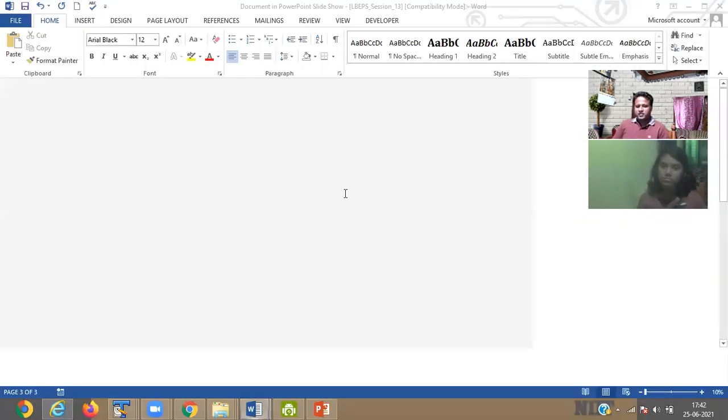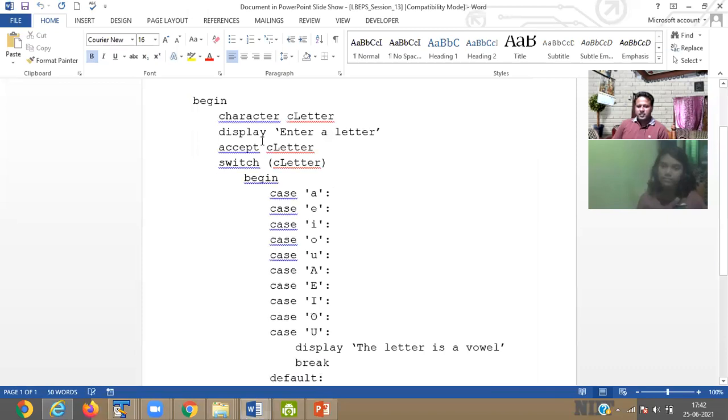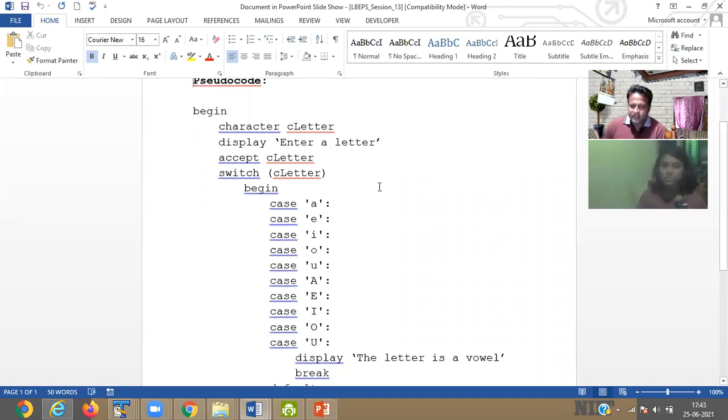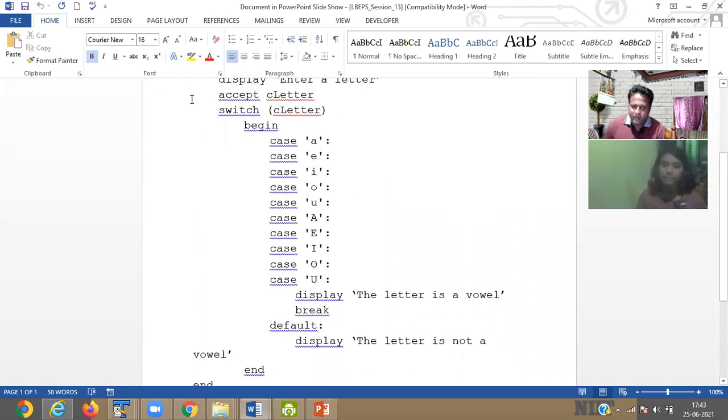Character, see letter, because you have to take a letter. Display, enter a letter. So you have to pass any letter, that means A, E, I, O, U. Any letter you have to take. Then if you notice here,